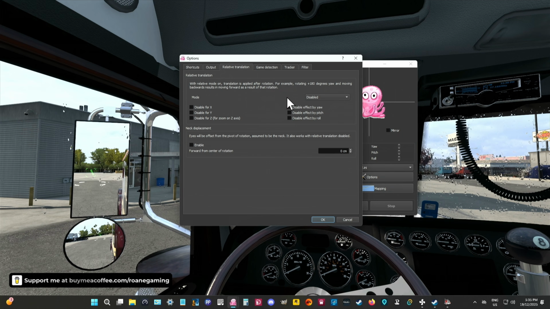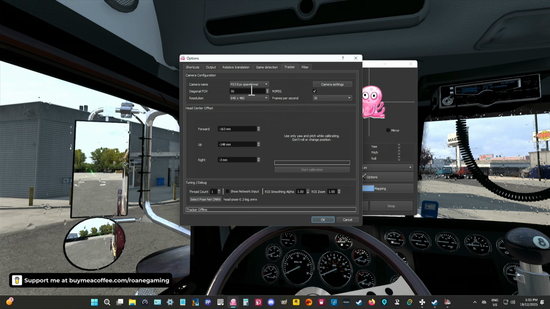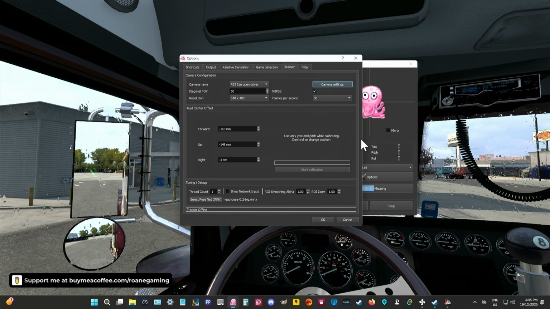Then relative translation, nothing. You do not do anything in there. Leave it. Game detector, set it up the way I showed you. Tracker, again, make sure your camera, make sure your field of view. I'm just thinking that because I've actually got it at 180 and 90 in the actual filter mapping, I could probably turn that up, but I'm leaving it because it works. Choose your resolution, choose your frames per second, check your camera settings if you want to adjust the brightness,